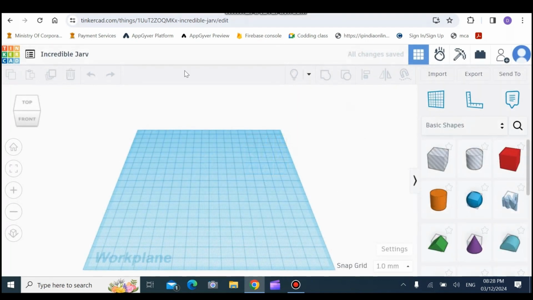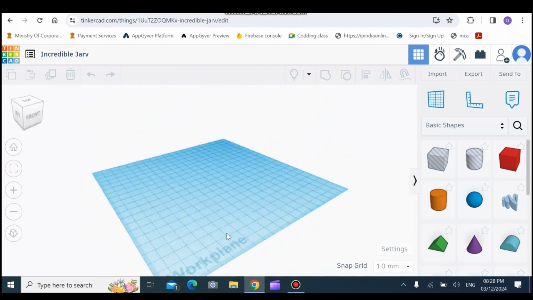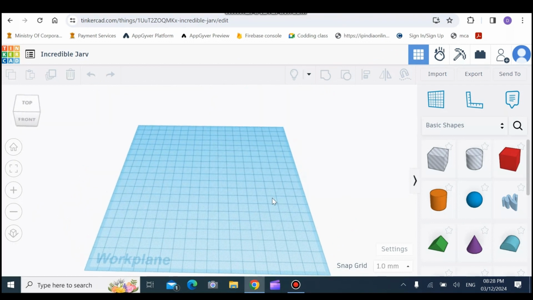So once you create a design, it is automatically saved into your account, and you'll be redirected to this page. As you can see, this is a workspace. It's written Workplane, and actually this is all for 3D printing, which will be the next video